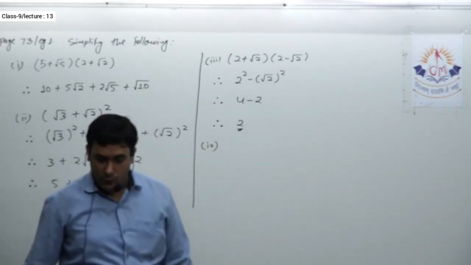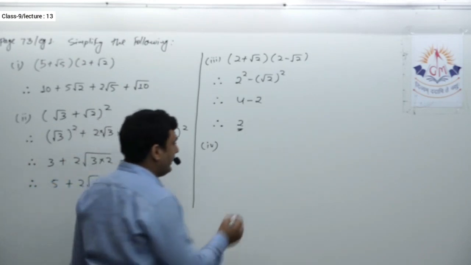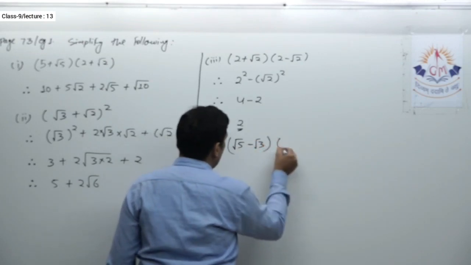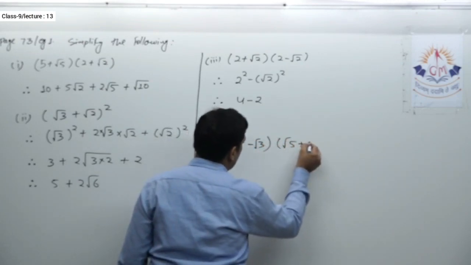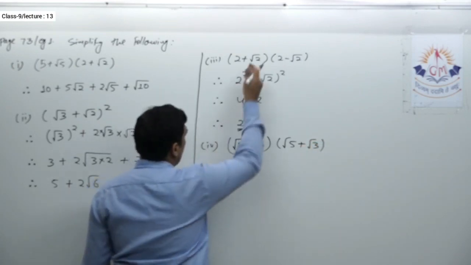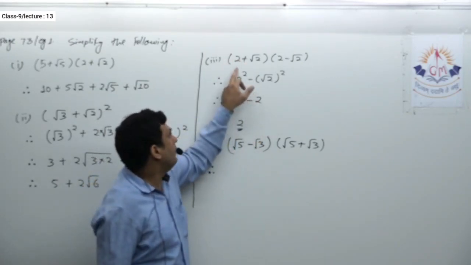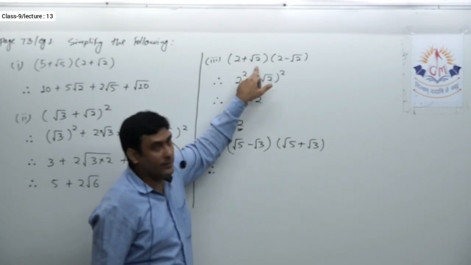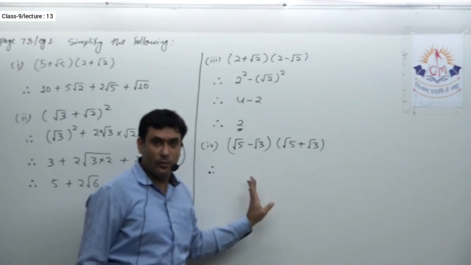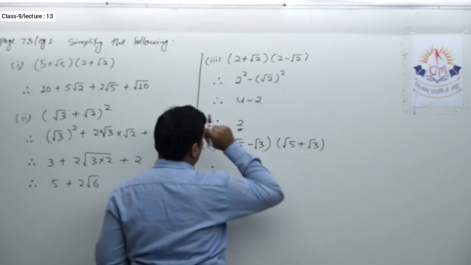Now over here the fourth one is actually the same, but okay: root 5 minus root 3, and root 5 plus root 3. So here again I can apply the same identity because these two questions are almost similar. If you want to check the difference, over here this is rational, this is irrational, that means this is the sum of rational and irrational. And here both the terms are irrational. That is the only difference. Otherwise, you have to perform the method in the similar way.